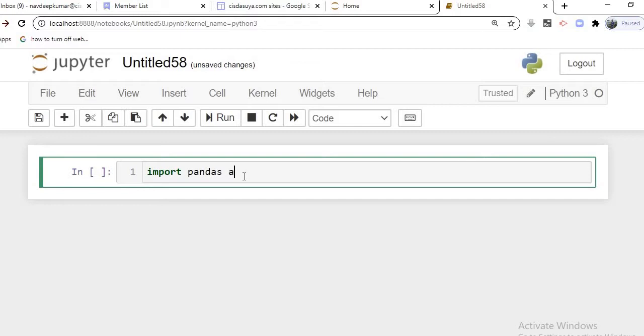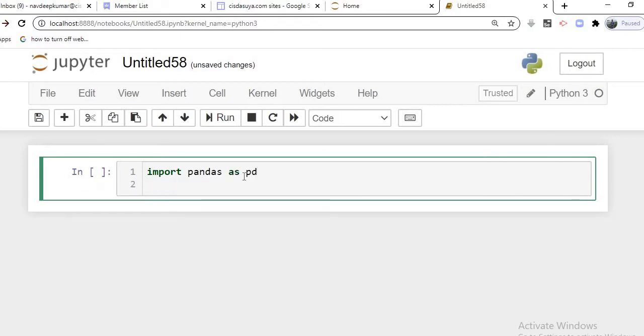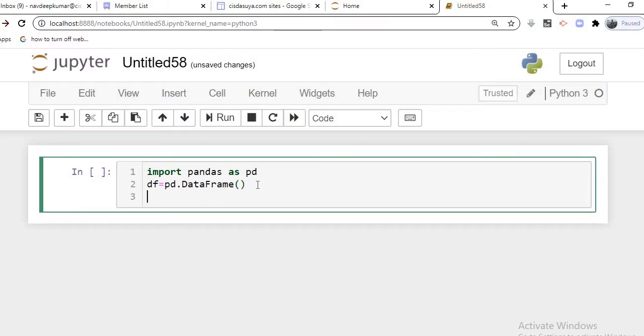Import pandas as pd. So we are just going to create an object, that's df, equal to pd dot DataFrame, and last we want to print this one.